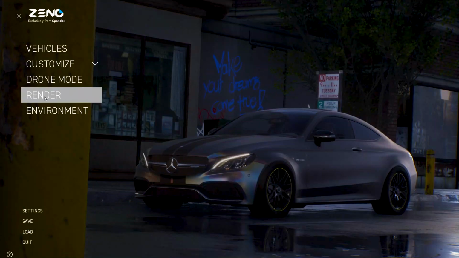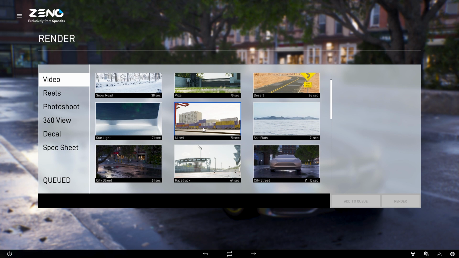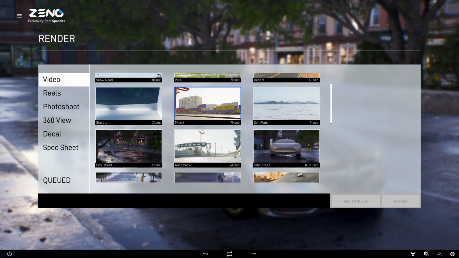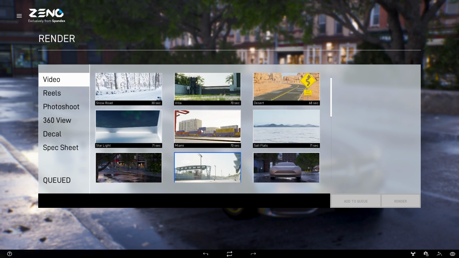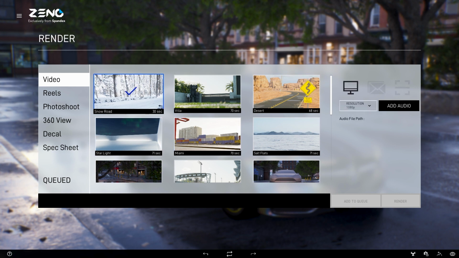Now we are coming to one of the most unique sections of the software. Render is where we are able to produce videos with the exciting wraps we create. We can select different scenes here and choose the one which highlights the car and the wrap. Here I am choosing the winter scene. This is the only video where the car drives through the snow. You can add license-free music and start rendering your video here in 4K. This would take several minutes.